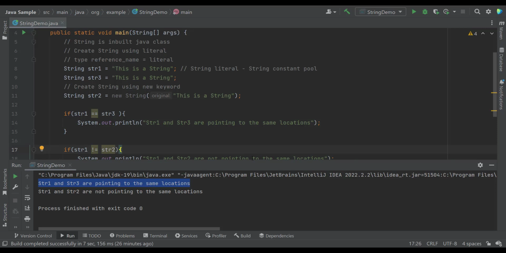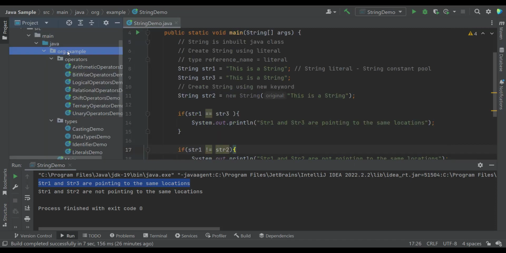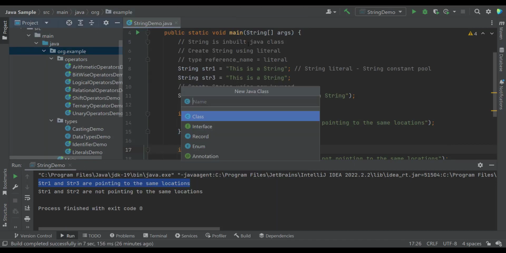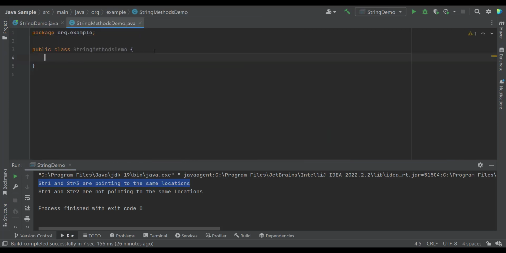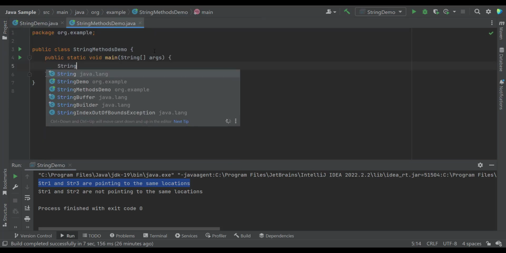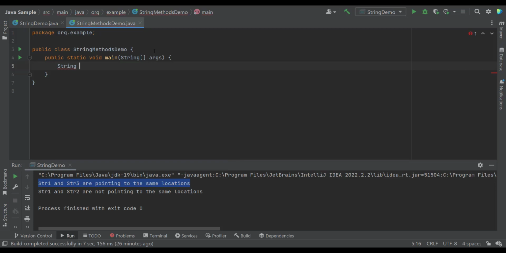Let's discuss the few important methods of the string class in Java. Let's create a new class, giving the class name StringMethodsDemo. Creating a public static void main method. Okay, and let's declare the string, like let's say string str is equal to